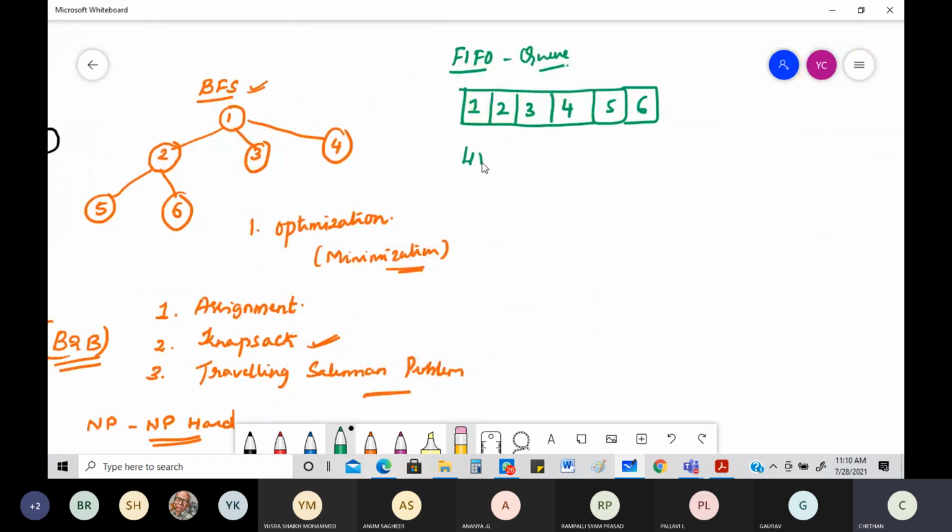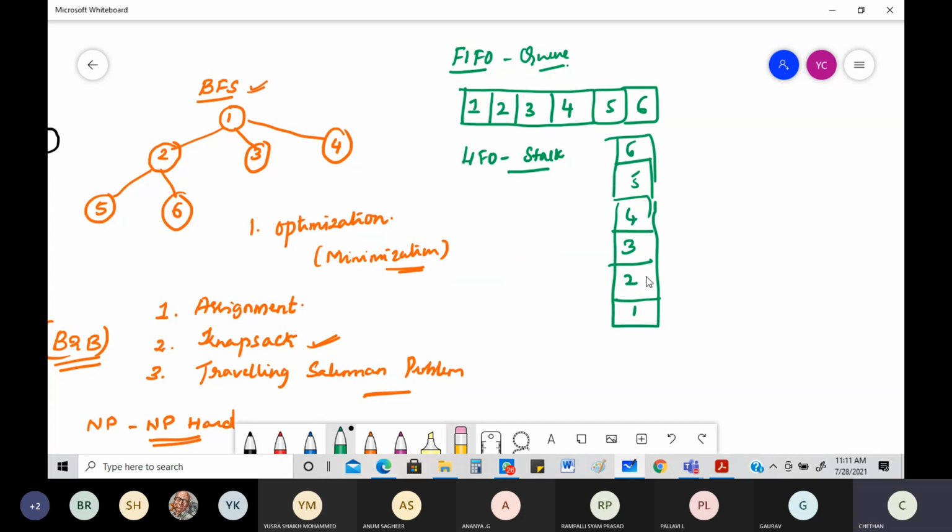If you go for last in first out, which is the representation using your stack, how do you think it will be? Again, the same old thing. First, 1 will be coming through, so 1 will be right here. Then last in first out, so you can see the next thing, 2 will be coming here, 3 coming here, 4. Of course, this is not a right way to put a stack. When you're drawing a stack, you will not put it in a horizontal way, you always put it in a vertical representation like this. So 1, then 2, then 3, then 4, then 5, 6. This is how the memory representation of your branch and bound will look.